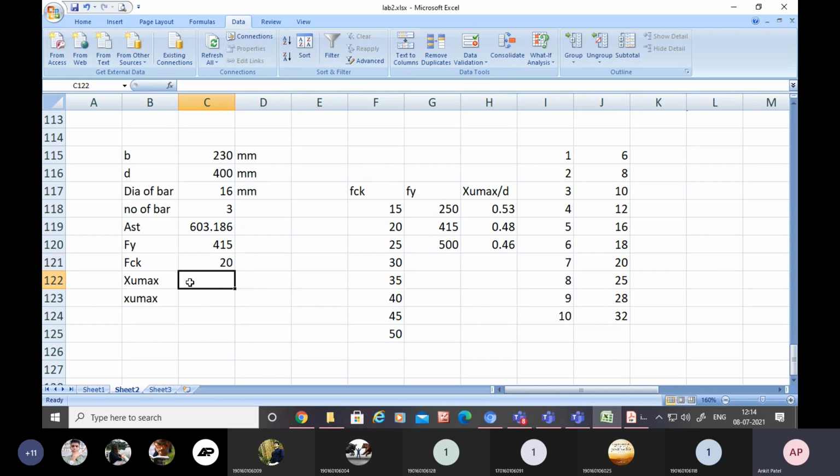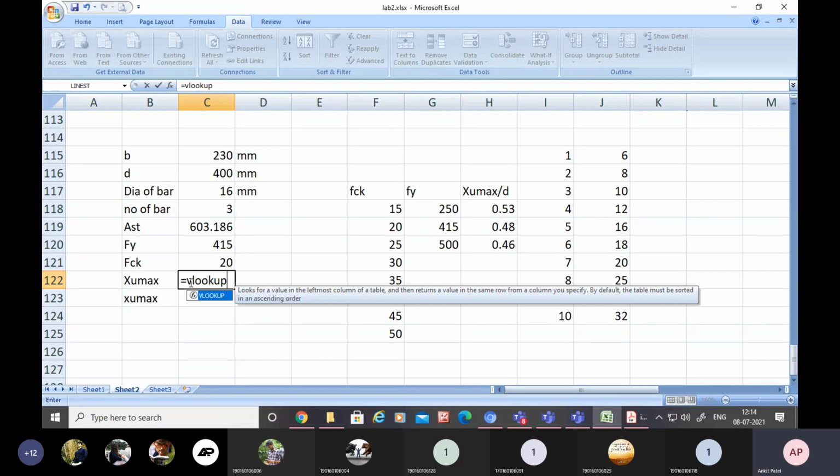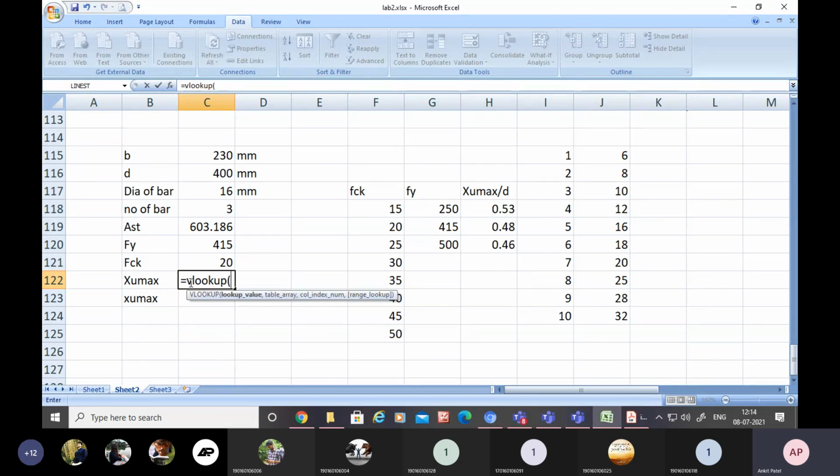Now Xu max. How to determine the value of Xu max? To determine Xu max, we have to make use of the VLOOKUP command. I'm going to use VLOOKUP, then make a bracket. Then it will ask for the lookup value, that means the value that we have to find.